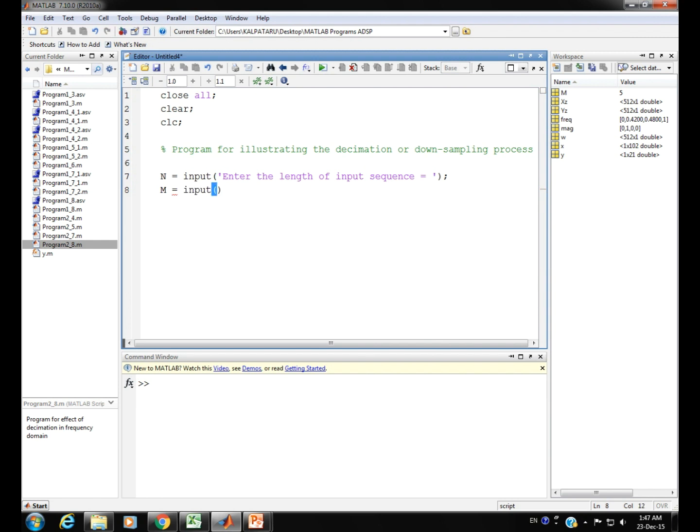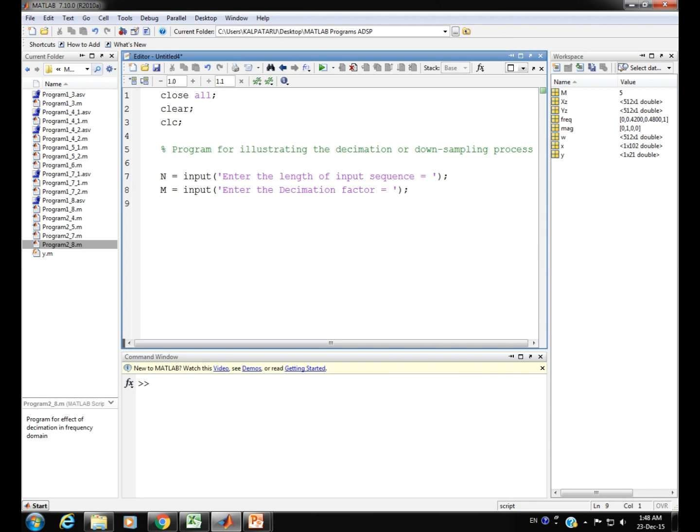So here again writing input within the parenthesis, inside there is a pair of single quotes, there we write the message to the user to instruct entering the decimation factor. This decimation factor will be the integer factor, equal to sign,